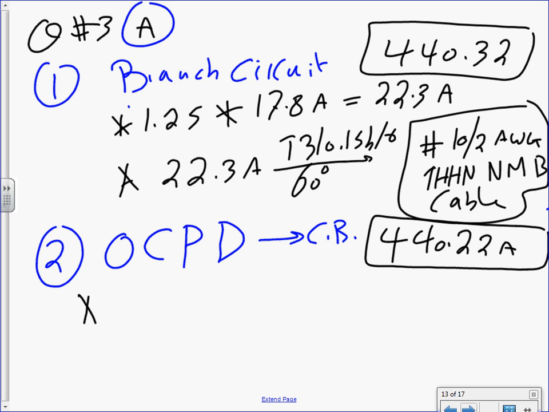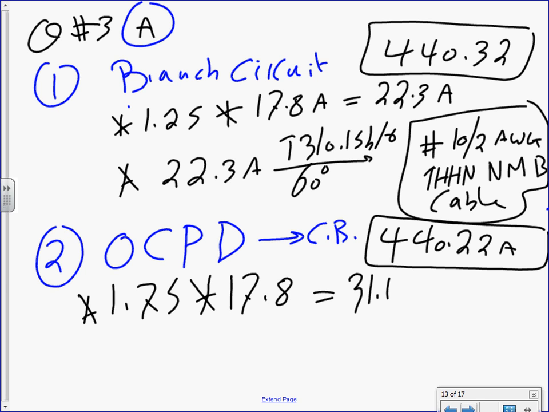It says you take 1.75. Why 1.75, not 1.5? Because if you go to 440.22, it tells you use 1.75. Multiply it by 17.8, get you a healthy 31.15 amps. And then you take your 31.2 amps. Let's do 31.2 amps here. 31.2 amps. Take this baby to